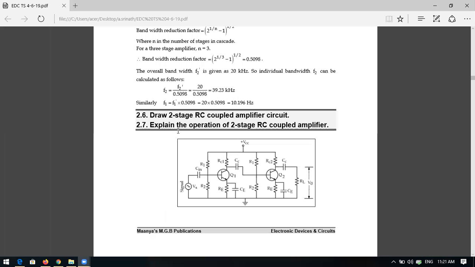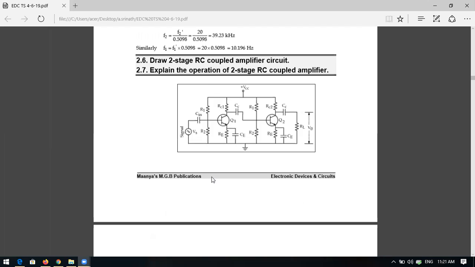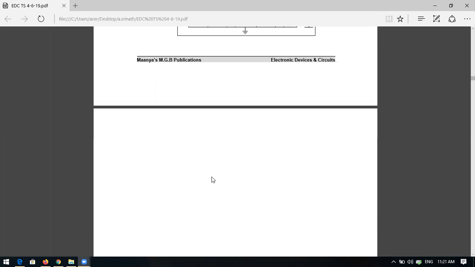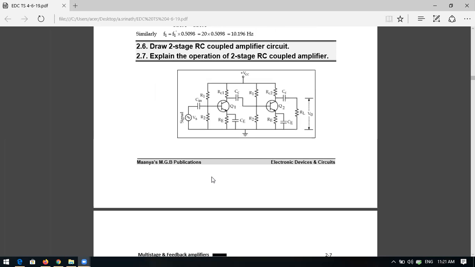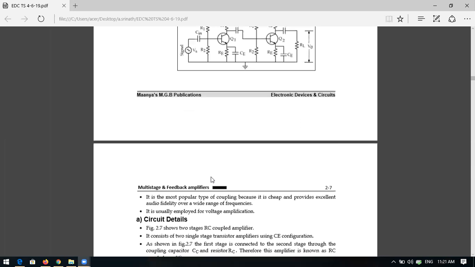The next topic is the two-stage RC coupled amplifier circuit. It is the most important topic, mostly asked in exam papers. It is a repeated question, so kindly concentrate. In this concept we have